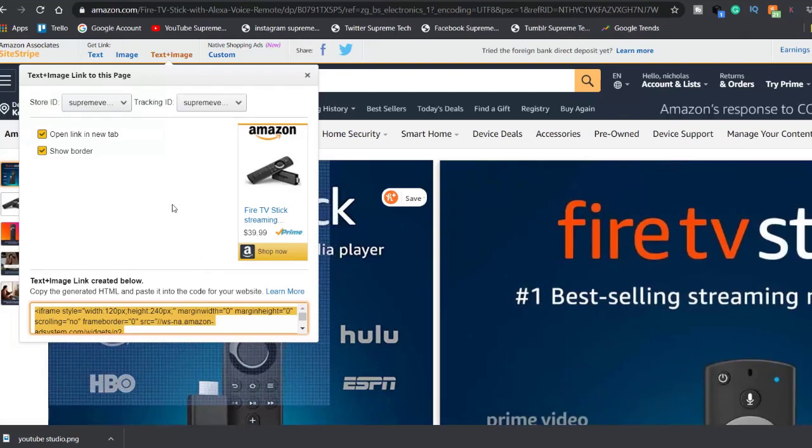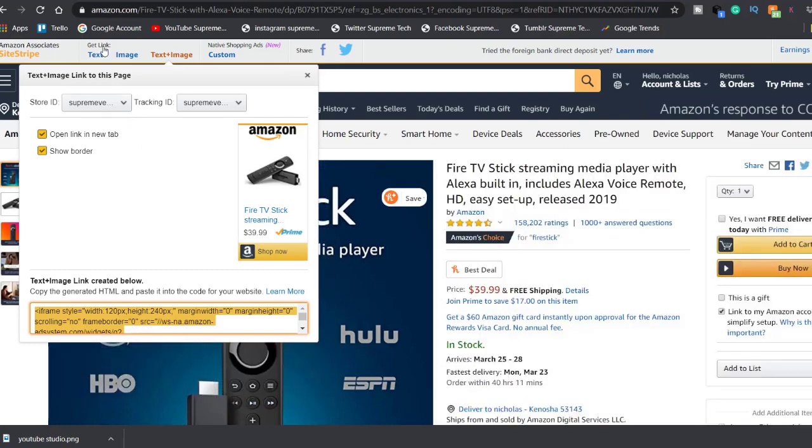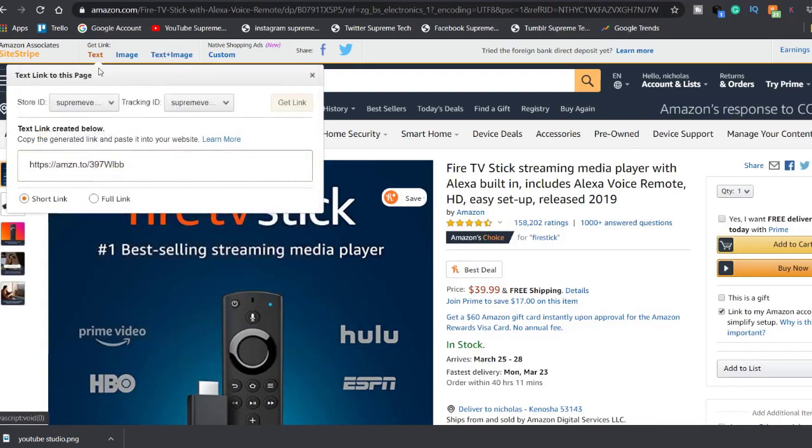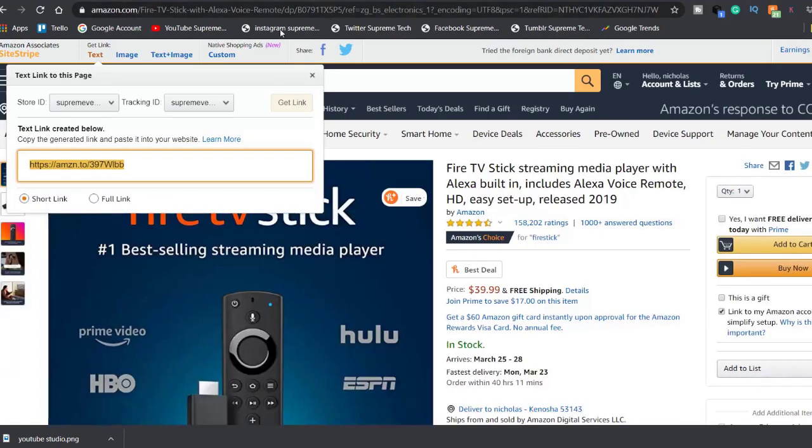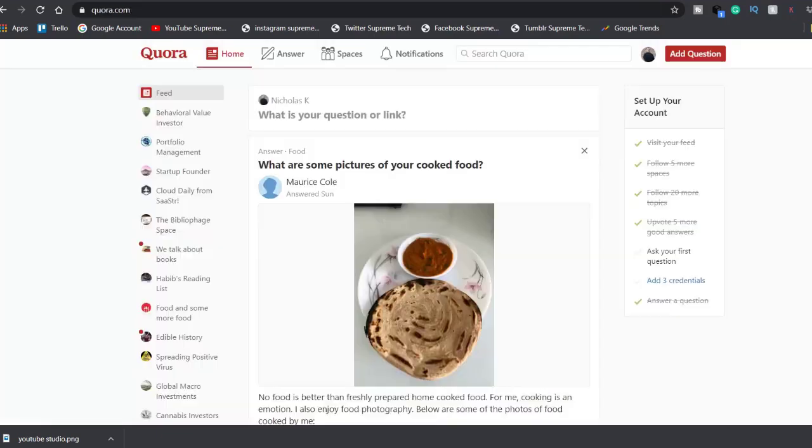Depending on where you're posting this stuff, it might just be better to put text. It might be better to put the image in there. But for this tutorial, we're just going to do the text, right? So we're going to highlight it, copy, and once you got it copied, now there are many different websites to go to post these links on,